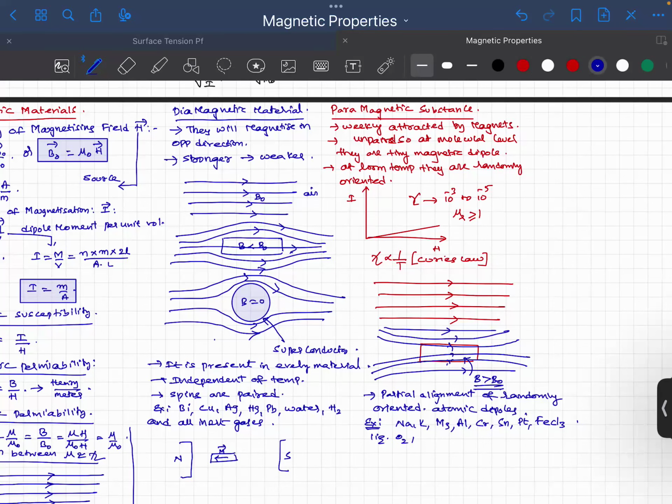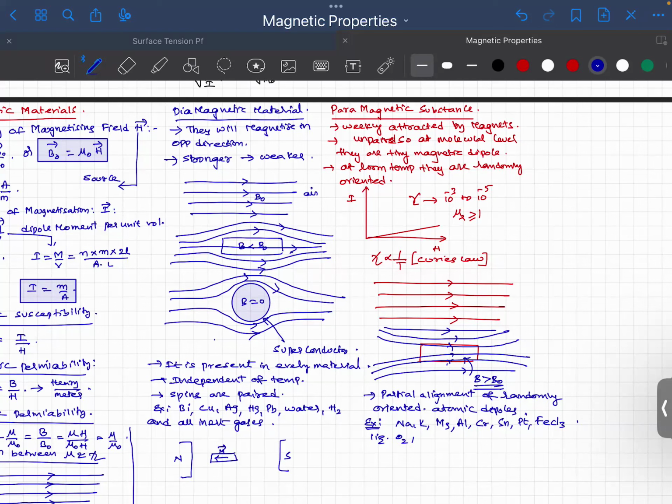So in magnetic properties, till last class we have just completed diamagnetic material. The conclusions of diamagnetic material, once again I am trying to recollect back. One, diamagnetism is a universal property, independent of temperature. Even ferromagnetic material will also have the diamagnetic property, but what dominates higher in ferromagnetic material is the ferromagnetism. Diamagnetic materials arise due to paired